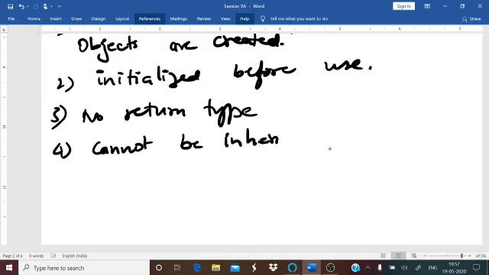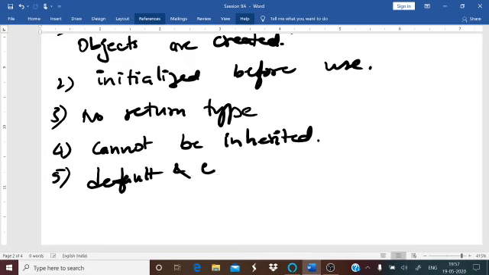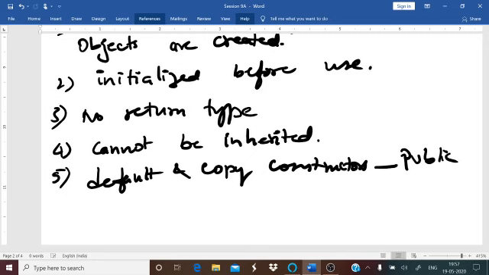These are the important points that you are supposed to remember. The constructors cannot be inherited. That is, you cannot pass it from one function to another function. The compiler generated default and copy constructors are public constructors. You have a default constructor. We'll come to that later, in the next session, which are the types of constructors. The default constructor and the copy constructors are your public constructors, that is anybody can access this.